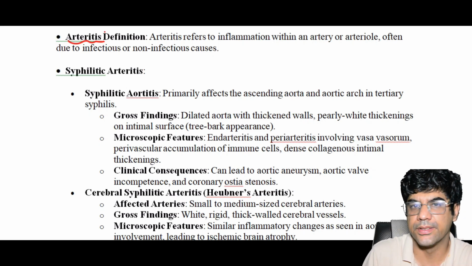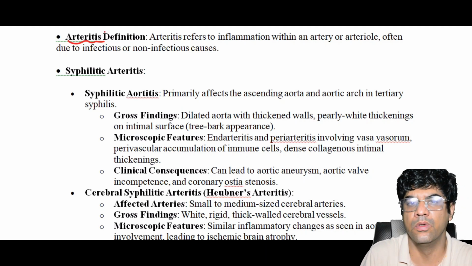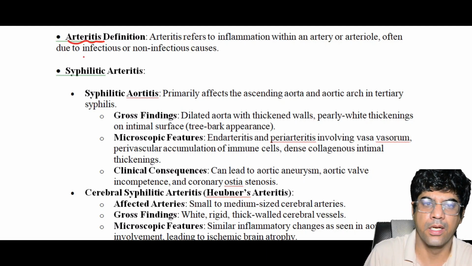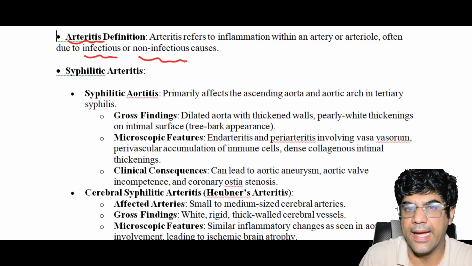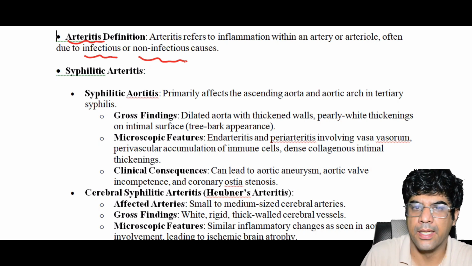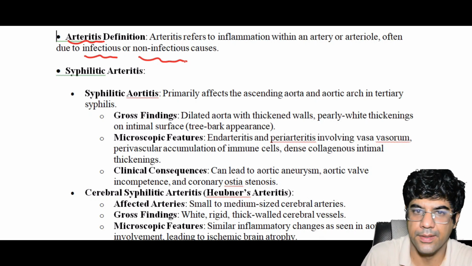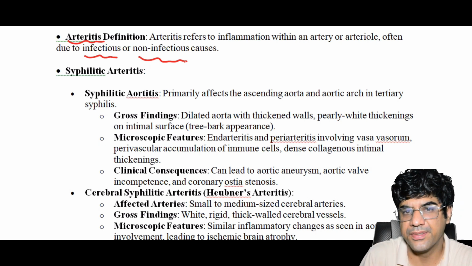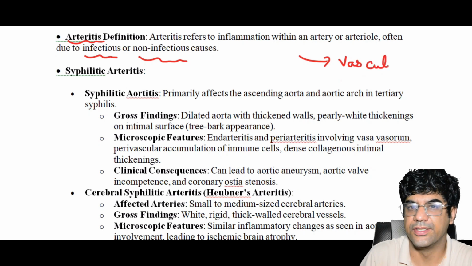What is arthritis? Whenever there is inflammation within arteries or arterioles, that can occur either due to infectious or non-infectious cause, we call it arthritis. Now, remember the infectious arthritis: there would be direct invasion by pathogens like bacteria and fungi, whereas the non-infectious arthritis is also known as vasculitis,